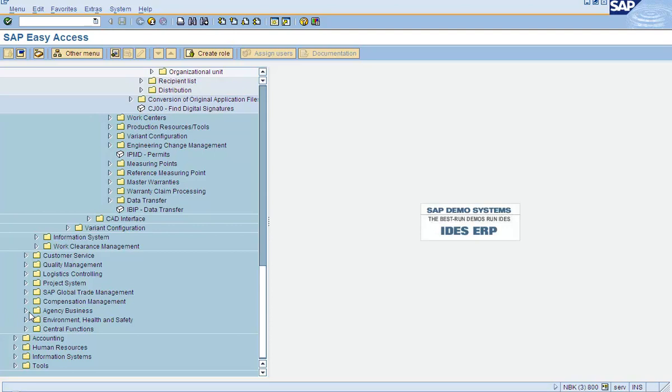Whenever you say find again, it is going to locate that particular word in the document. Consider the screen as a document and SU01 is a term that you're searching. So this is a find next. It will find next till it reaches the end and doesn't find anymore.